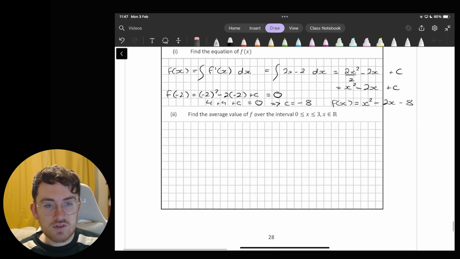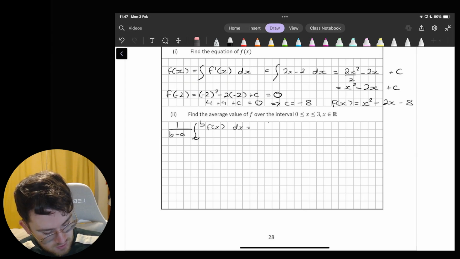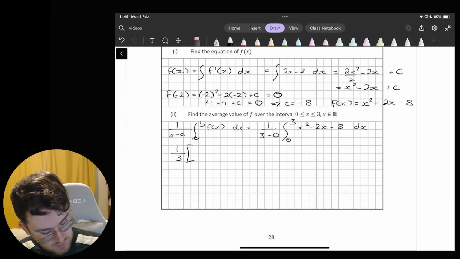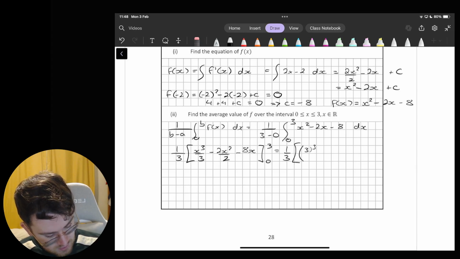Find the average value over the interval 0 to 3. So we're doing 1 over b minus a, the integral from a to b of f of x dx. So let's fill in all our values here. That's 1 over 3 minus 0, the integral from 0 to 3 of x squared minus 2x minus 8 with respect to x, which is 1 over 3 times x cubed over 3 minus 2x squared over 2 minus 8x evaluated at 0 and 3. So that's 1 over 3 times 3 cubed over 3 minus 2 times 3 squared over 2 minus 8 times 3,